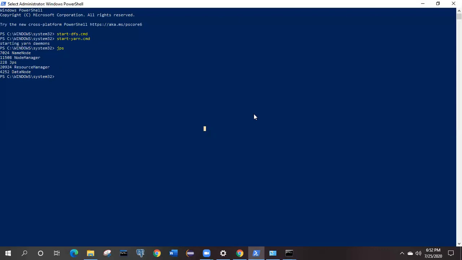So what do we have to take care of now for working with Spark? Simply here you have to type spark-shell.cmd. Again, wait a couple of minutes. It is going to start the Spark shell.